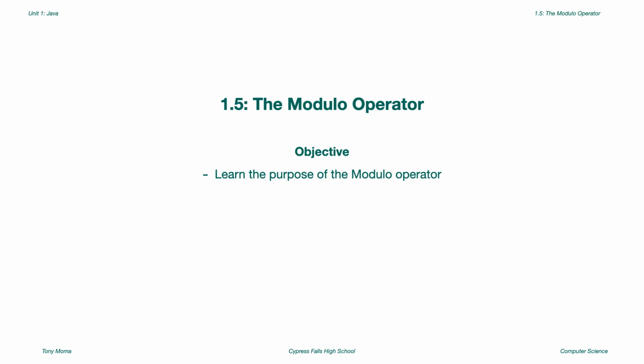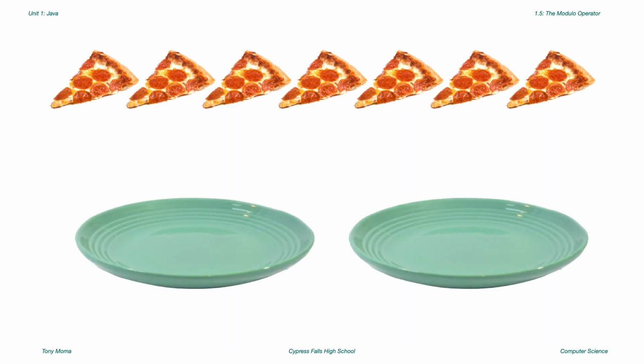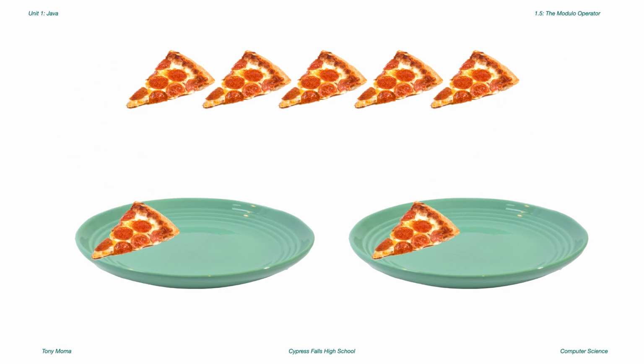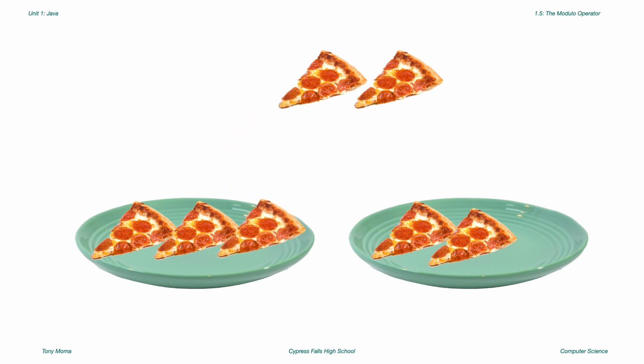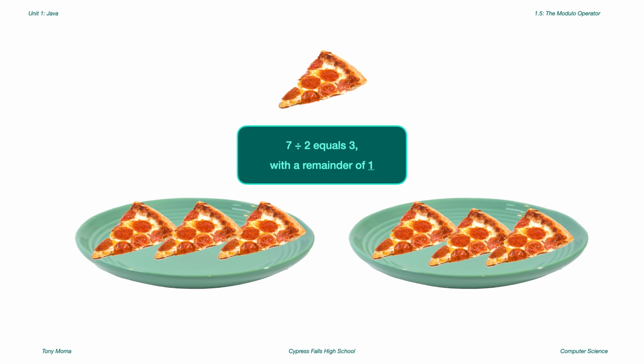The modulo operator. In this video, we will learn the purpose of the modulo operator. Suppose I have 7 pizzas and 2 people whom I want to split it evenly by. The most pieces I could give each person is 3 slices, which would leave me with 1 pizza remaining. If I were to express the situation mathematically, I would say 7 divided by 2 equals 3 with the remainder